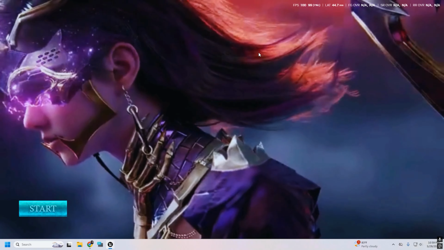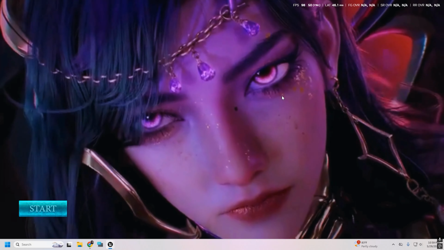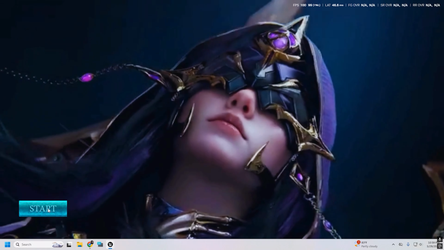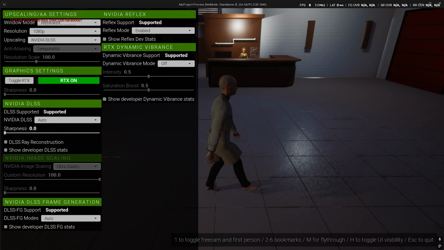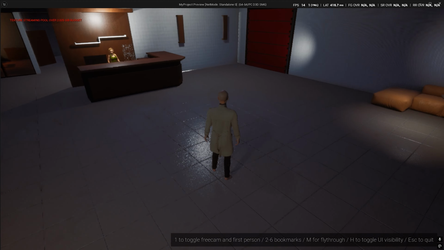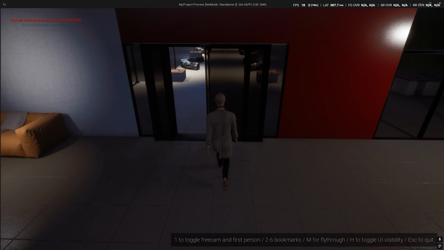And you can see here is the start menu. We have an option called start. When we press the start button, you can see our game will start,